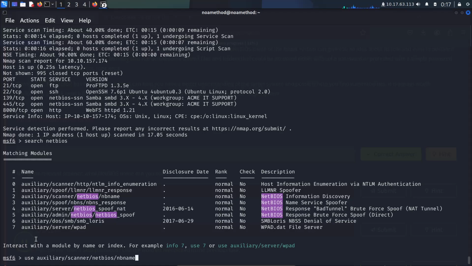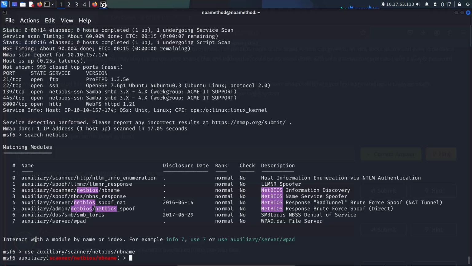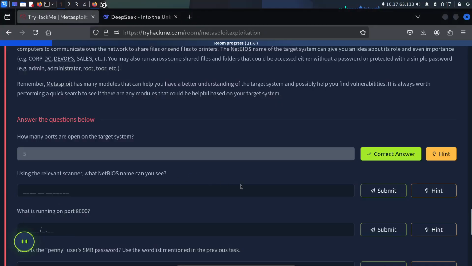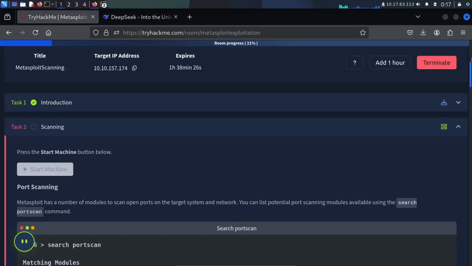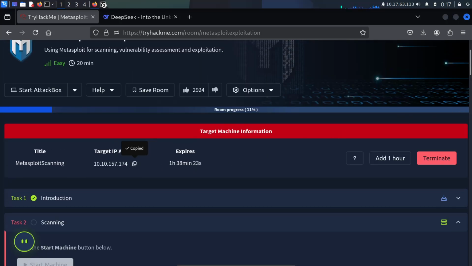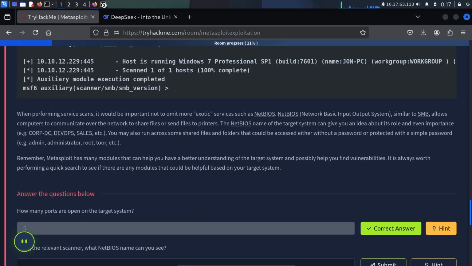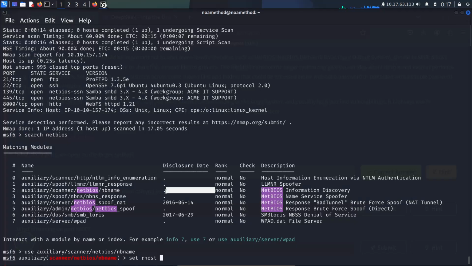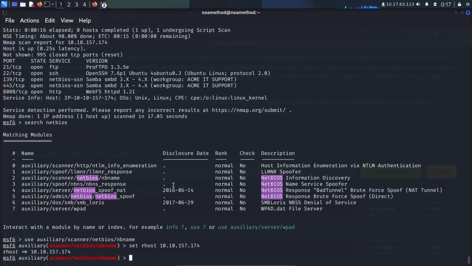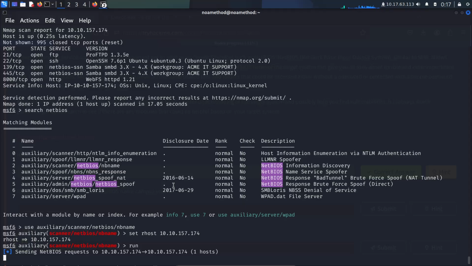Let's try to use the nbname module, and then set our host to the IP that was given to us. Yes, and then enter and try to run.